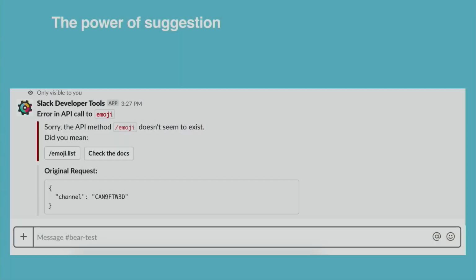Another thing is whenever you can build in error handling in a way that suggests things, it's super helpful. So we released a tool recently inside Slack that helps people make API calls, test them out from inside Slack, and also you can reference docs based on top of the OpenAPI schema for our API. And if you don't know the name of the API method you're trying to call, we auto-suggest, did you mean this one? And people can go ahead and click through. So it's a lot easier for people to figure out not only I'm wrong, but here's a way that I can not be so wrong anymore.